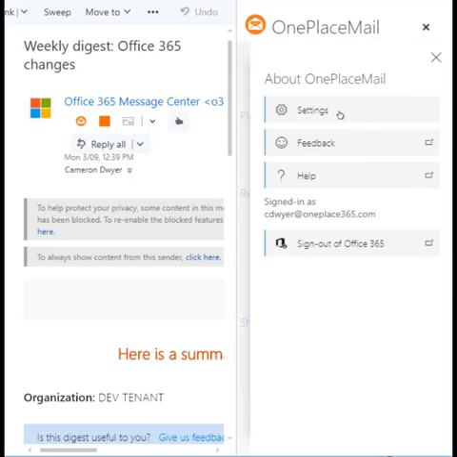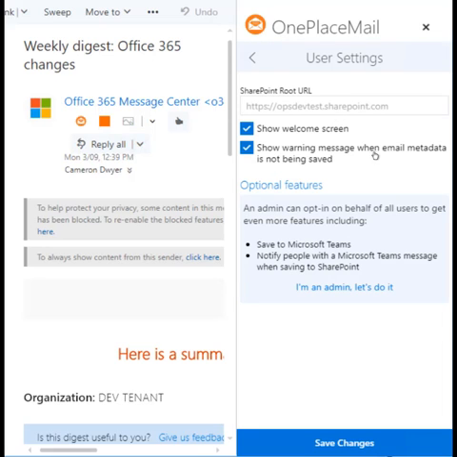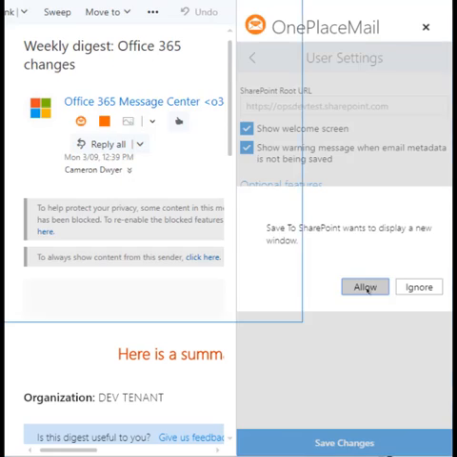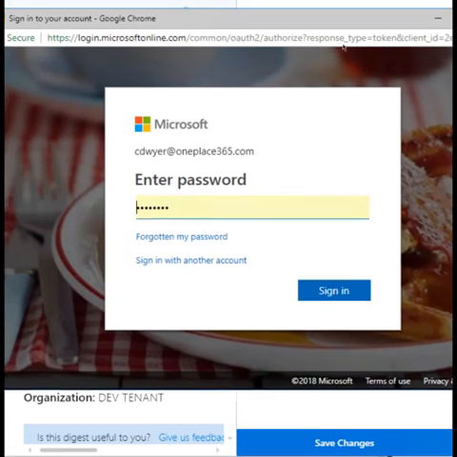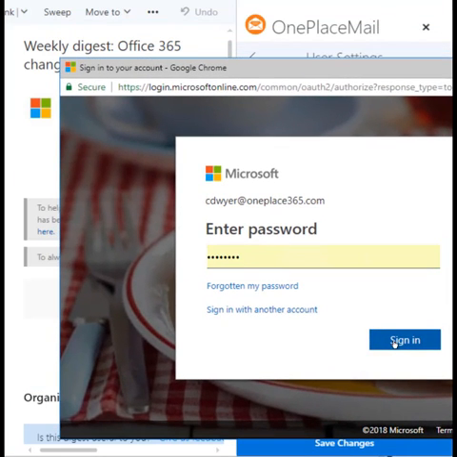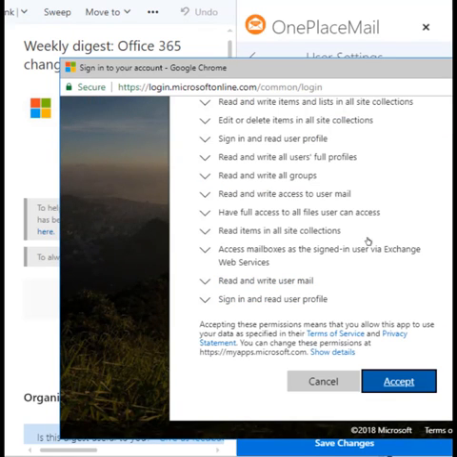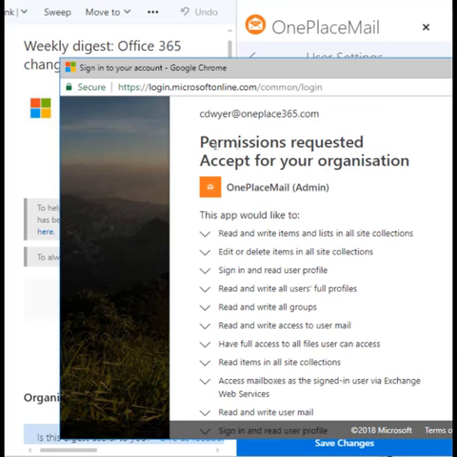So if we come into the settings page and we have a look at the experience for that, we've got an optional features section. An admin can opt in on behalf of all users to get even more features. So we'll give them an action here if they're an admin to provide that consent. You'll notice this time through there's a few extra permissions, and it says that